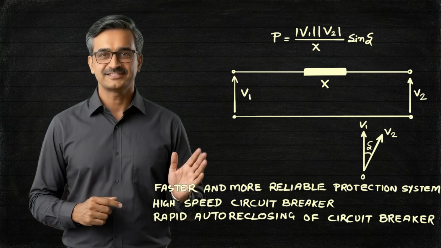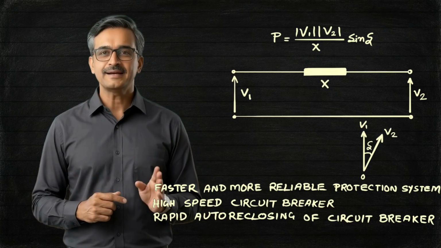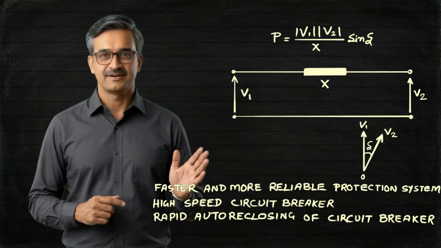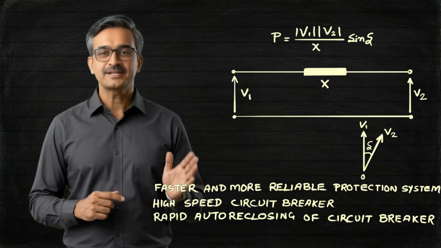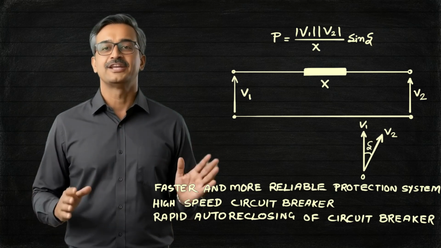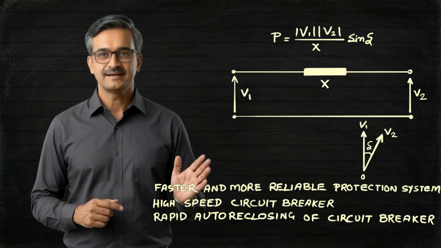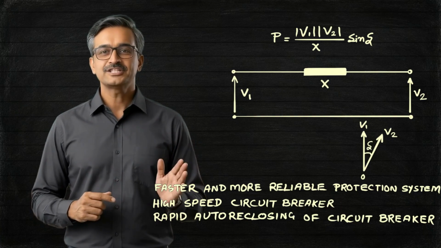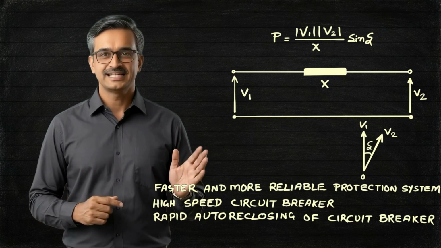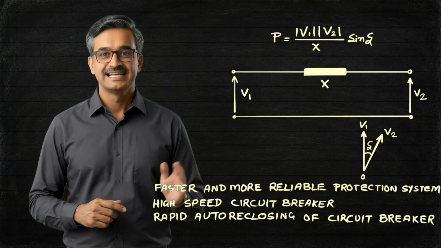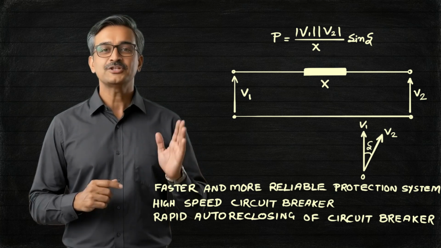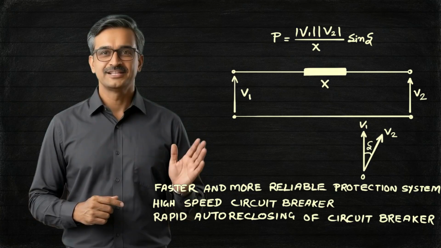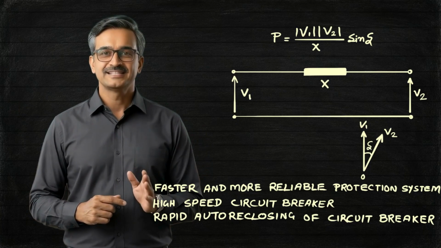For transient conditions, assuming delta equals 30 degrees, PTS equals the magnitude of V multiplied by the magnitude of E divided by 2x, or PTS equals 1/2 of PSS. Transient stability can be improved by faster protection systems, high-speed circuit breakers, rapid auto-reclosing. So today we understood the basic concept of power system stability, the power angle equation, the steady-state stability limit, and the transient stability limit. These concepts are the foundation for understanding generator stability, transmission system operation, fault analysis, and protection